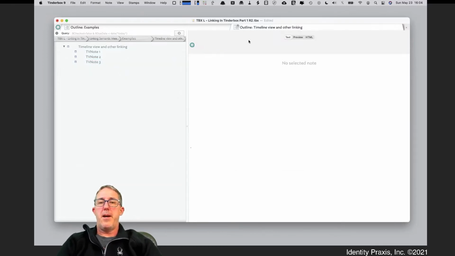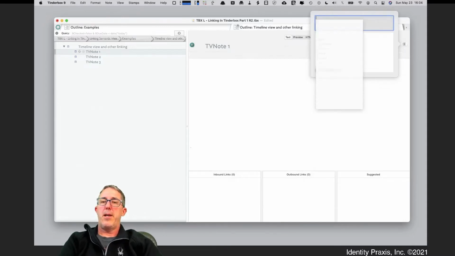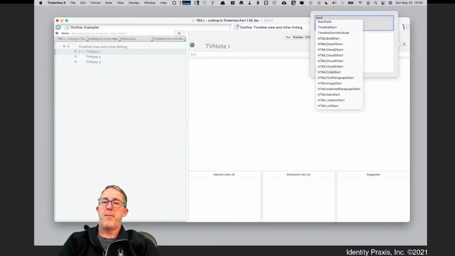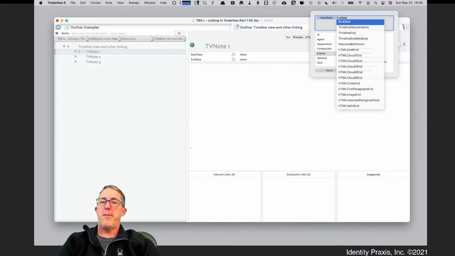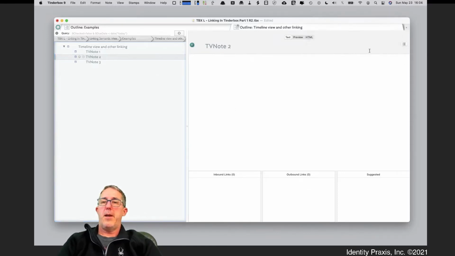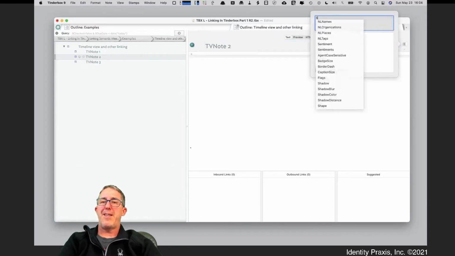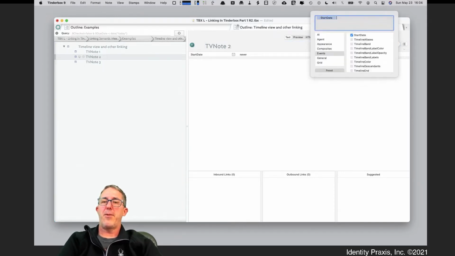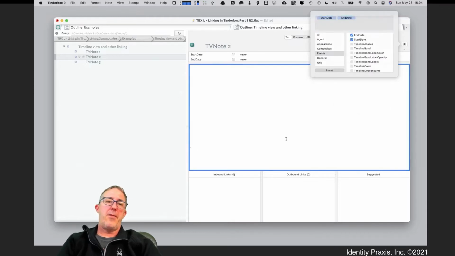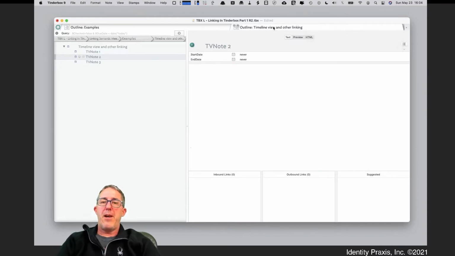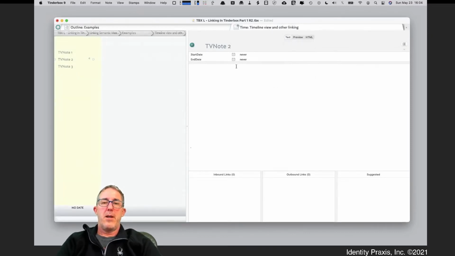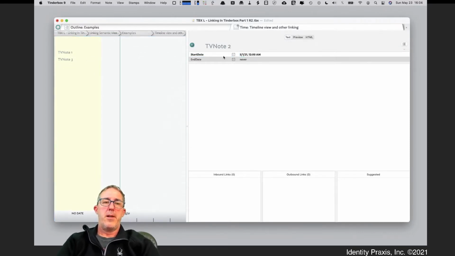Okay, and on these particular notes, since we're using timeline view, I'm going to put a start date. I'm going to put an end date for these, and I'll add these here too. I can do prototypes, by the way, to make this easier. But since we're doing a quick little demo, I'm just going to add those, and I won't have any dates on this one. So now if I look at this note in the timeline view, you'll see that I can add notes to these. So let's say this one's going to start at 5/1/21,